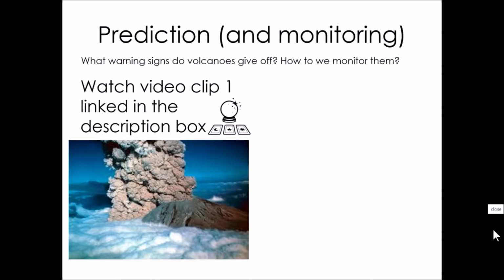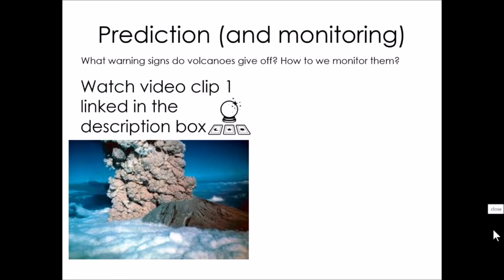So the first thing we're going to look at is prediction and monitoring. With this example, we are actually going to be looking at volcanoes and earthquakes. If we only focus on earthquakes, which is what we're going to be doing for the other 2 Ps, then actually we wouldn't really have enough to talk about, for a reason I'll explain a little bit later. So we are able to draw upon volcanic events here as we think about how we can monitor and predict